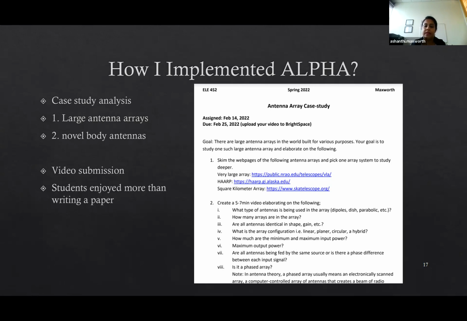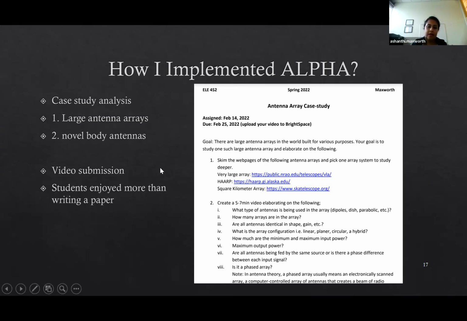It turned out that some of them exceeded my expectations. They did a lot of research on some topics. At the same time, they enjoyed preparing a video more than writing a report. So I got some very good quality presentations as a result of this class. This is an example of the first case study, and the other case study was on novel body